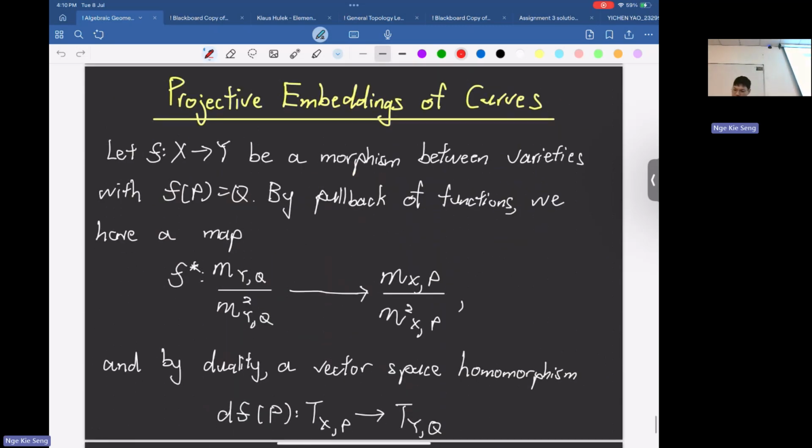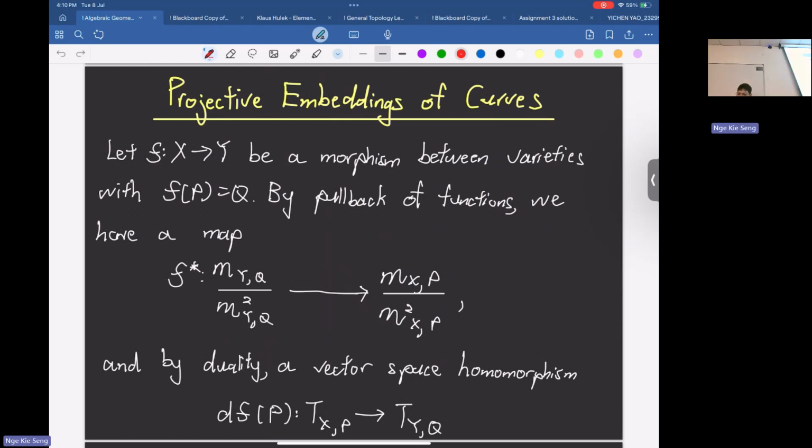Okay, before we finish up the whole semester lecture here, I want to talk about projective embeddings. Basically, if you have a function from X to Y sending p to q, then on pullback, on the function field or polynomial ring, depending on what kind of morphism you look at, we can pull back on the maximal ideal of q and p. Then you will induce a map on the quotient,